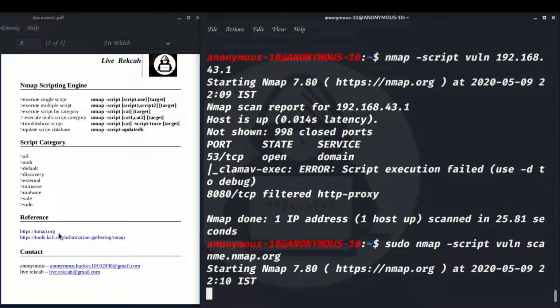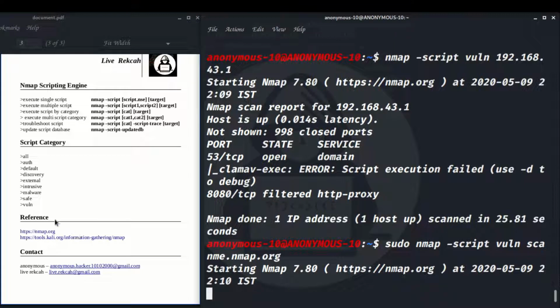See, you can see here, for reference I have given you http://nmap.org. This is the official website of nmap.org. You can go into that, you can download Nmap also for Windows. Nmap is open source, but Linux is pre-built with Nmap. If you want to use Nmap in Windows, you can download it from there. Okay, I forgot to tell that.